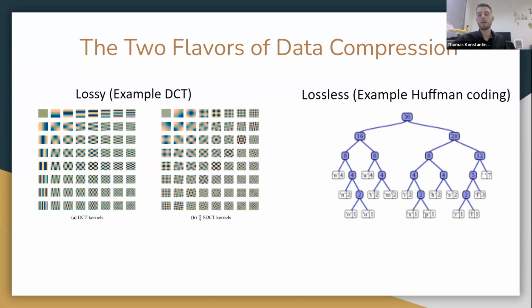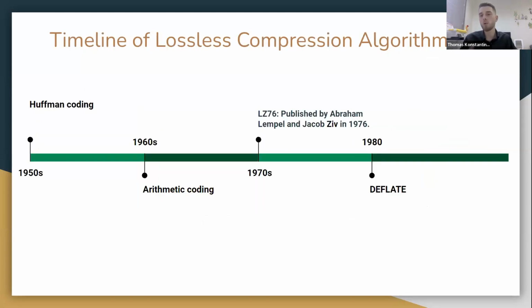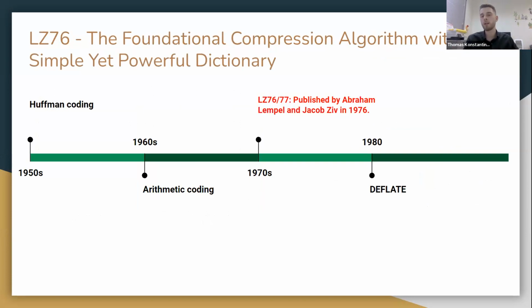So we went and looked at the timeline of lossless compression algorithms. And we knew, in order to prove the concept of utilizing the compression algorithms for repertoire representation, we have to choose the most fundamental algorithms before we go and try anything modern and complex. So we looked at the timeline. We started all the way from Huffman coding, and we settled down on the LZ76 compression algorithm, invented by two brilliant Israeli scientists, Abraham Lempel and Jacob Ziv. Unfortunately, we lost them in the last 3 months, but nonetheless, their contribution still keeps providing new research and ideas.